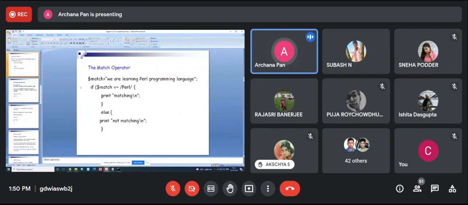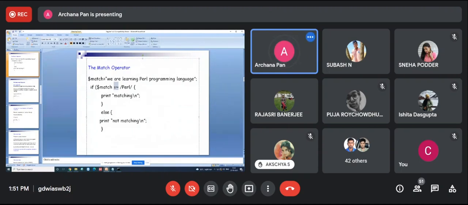So some more examples of that. This is the binding operator. So there is one scalar. Here the scalar variable name is match, and the content of this scalar is one sentence: we are learning Perl programming language.